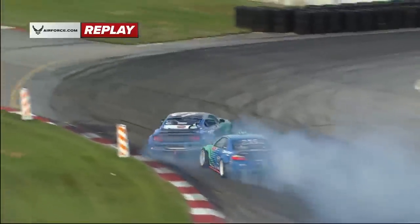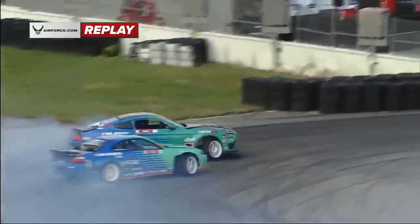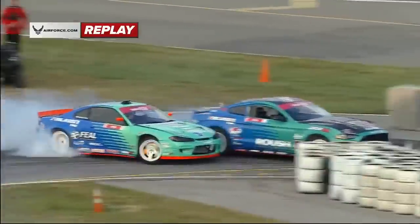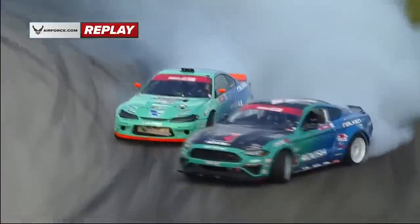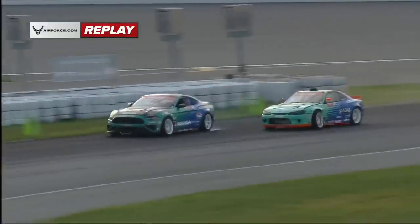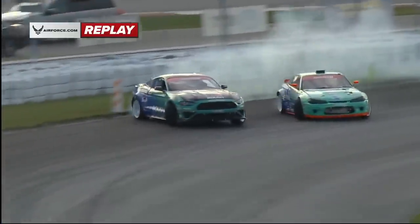Little tippy tap. Now you can see Odi's a little bit tighter here on outside zone 1 as well, but he's really focusing on proximity. He fills that outside zone 2 perfectly along with Justin, and then right there you're going to see a little bump, and that brings him on the inside, closer to going off course than you would like on that inside clip, but really aggressive in the proximity. Justin Pollock in his lead run, on the other hand, pretty smooth and consistent, looking good there. He gets a nice, I think they touch Falcons. Solid